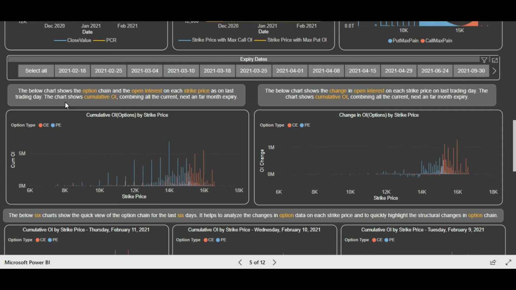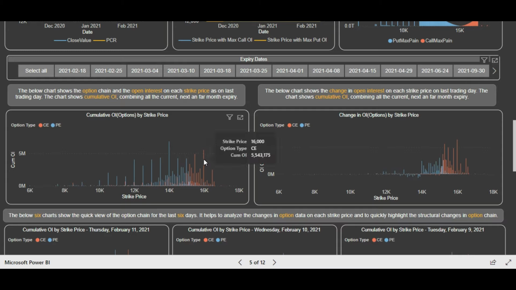So now let's analyze. Friends, when you are watching the option chain using the cumulative open interest, you will get a very good sense of the major support levels. You will see quickly that the first level of support is at 15,000. The next level of good support is at 14,500. And the third, the very major support is at 14,000. So the long-term or medium-term support we are talking about is at 14,000 and the immediate support is at 15,000. And when we talk about the major resistance levels, the first resistance level is at 15,500 and the next resistance level is at 16,000.